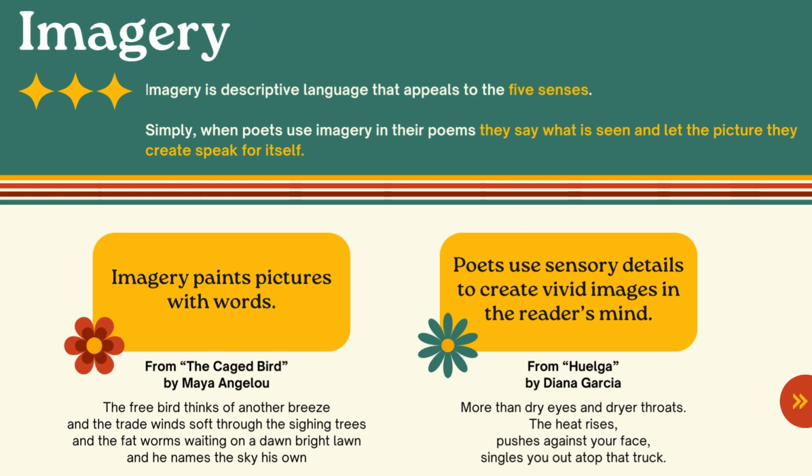We have the free bird who is thinking of not just the first breeze, but another one, and how that might carry them through the trade winds. They're soft, the trees are sighing, and the fat worms, they're waiting on a dawn bright lawn. So we know that it's morning, and we know that those worms are fat, waiting for the bird to feast on them. And then at the end, he names the sky his own. The bird understands that the sky and him are connected. So that image right there gives us the idea that a free bird is free to choose what they want to do, where they want to go, what they want to eat,